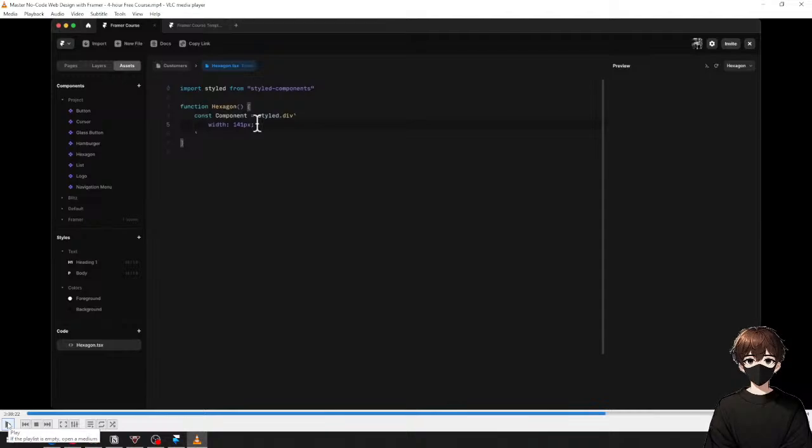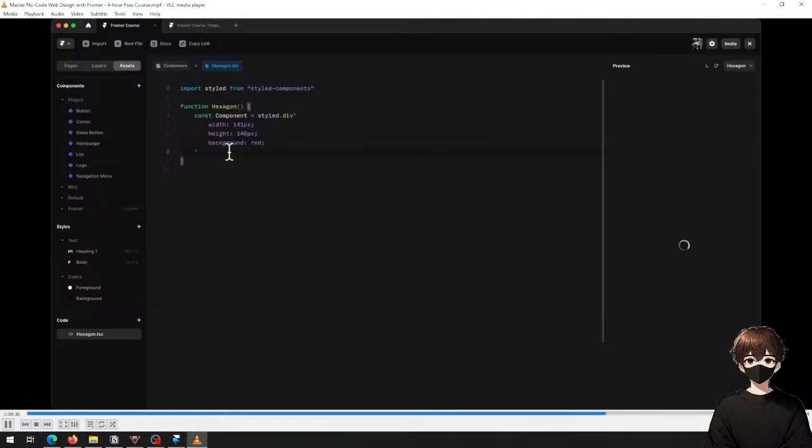Pixels. Then don't forget the semicolon between each line. Then we'll set a height of 148px and a background of red. If you save this, nothing's going to happen yet, because we need to return the component inside this function. So return, open brackets, Component, close brackets, and finally,